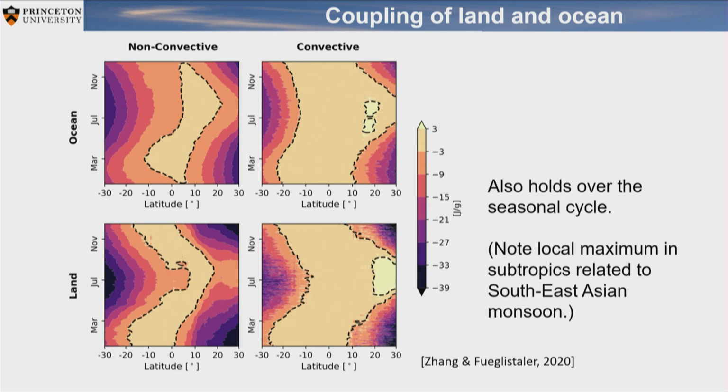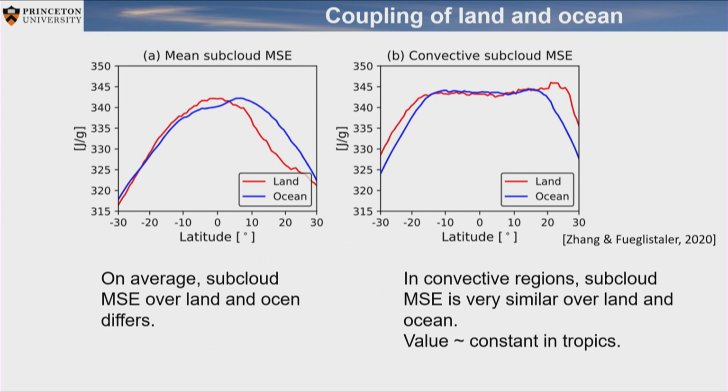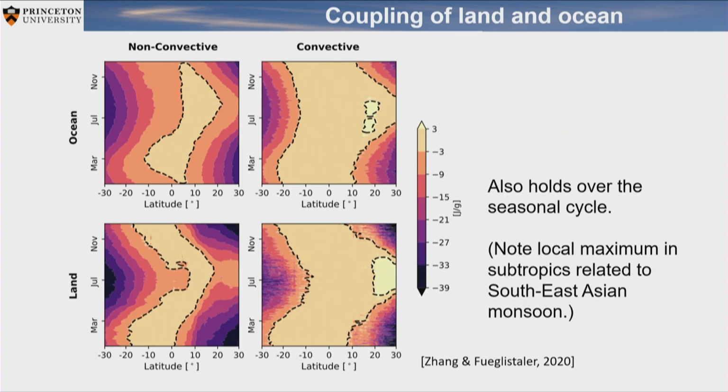So, question: does that hold also in a given month? Right, so the previous figure was a time mean. This is the mean annual cycle. All we do is take this profile for each month, subtract what happens around the equator, and plot the anomaly thereof. And the picture that you get is like this.